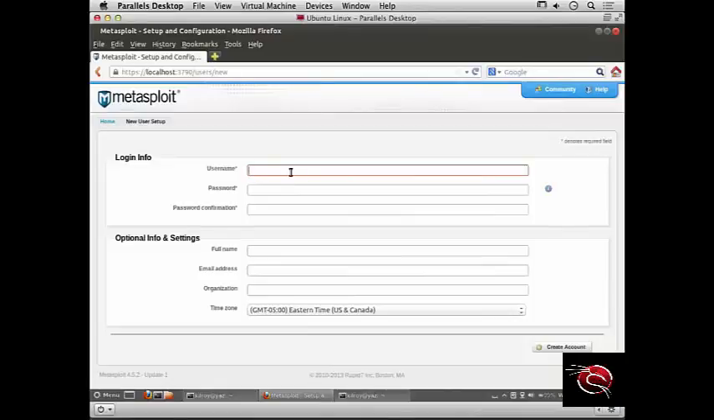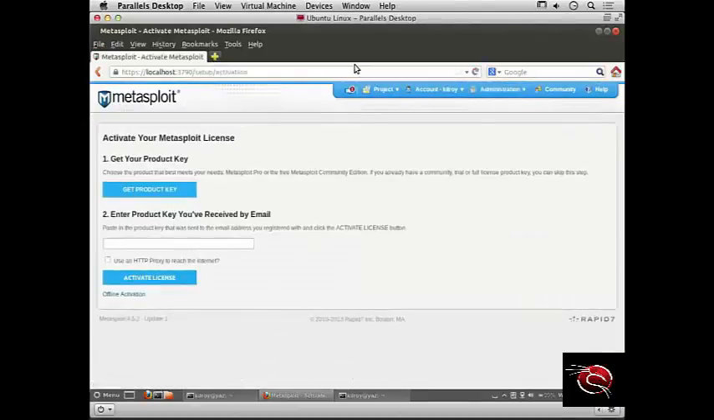And you can see the very first thing it's doing is asking me to create a username. So I'm going to create a username, and I'm going to just give it my personal information. And now I'm going to create an account. So it's going to go set up that account for me, and that account is actually just for the web